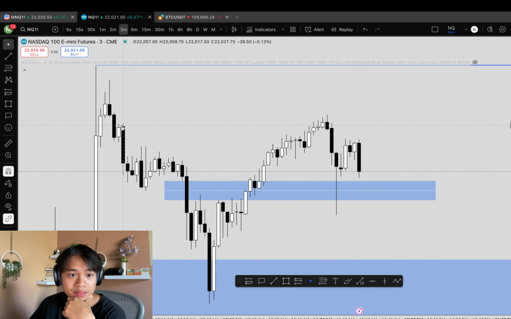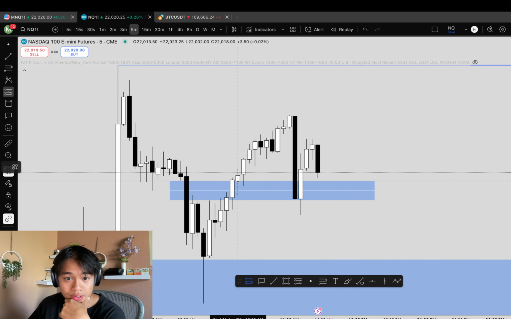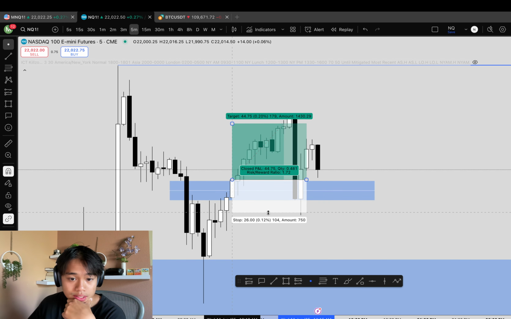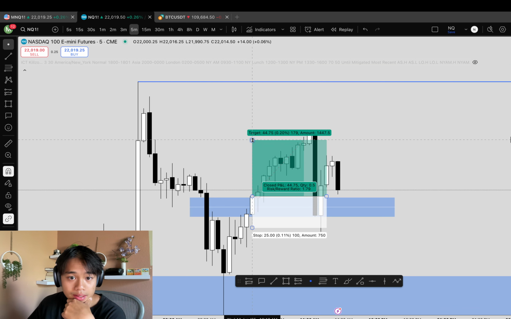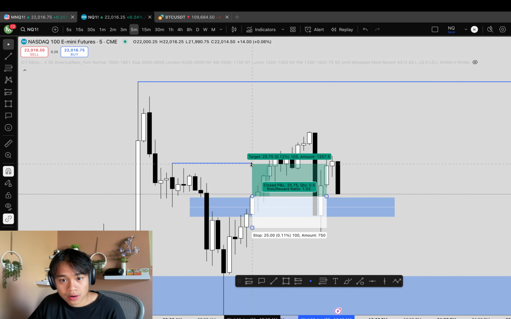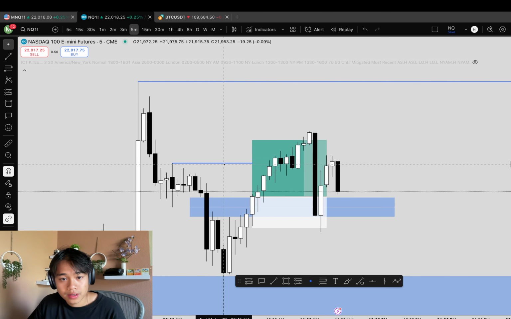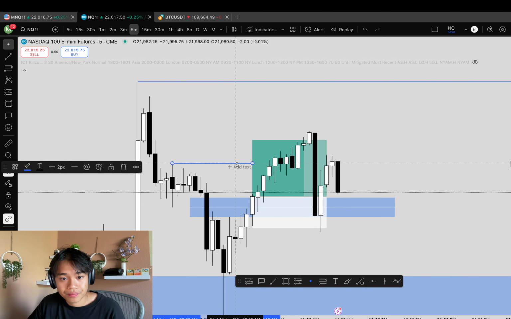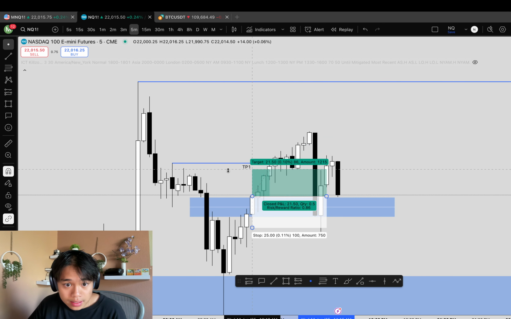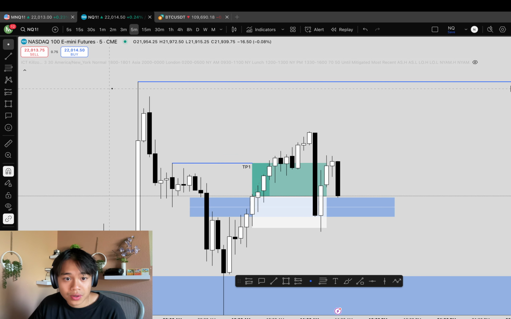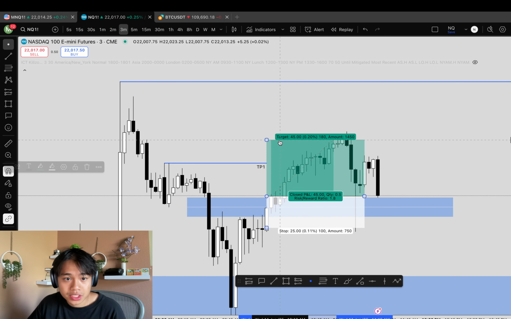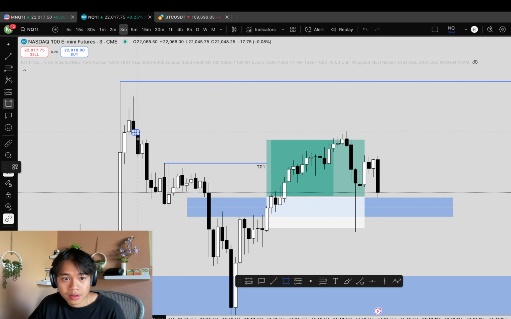And then I set TPs based off the 3 minute. So here, stop loss was 25 points, and my first TP was at this high. I think this was at 1R. Yep, 1R. So I scaled out there, TP1. I went break even at this internal high, so I went break even relatively quickly. And then I scaled out the remaining position at this 3 minute SIBI.